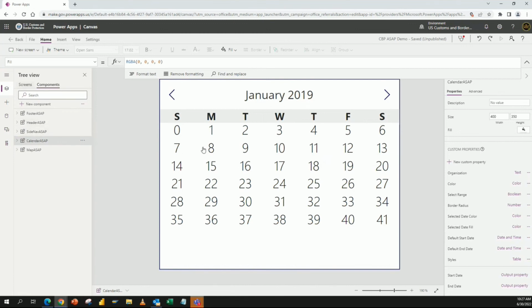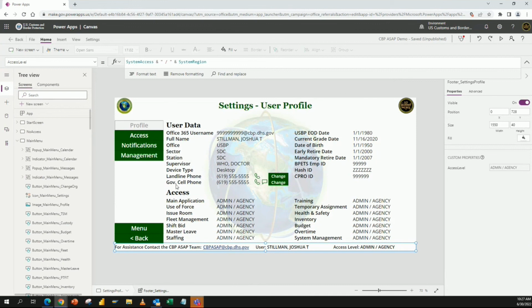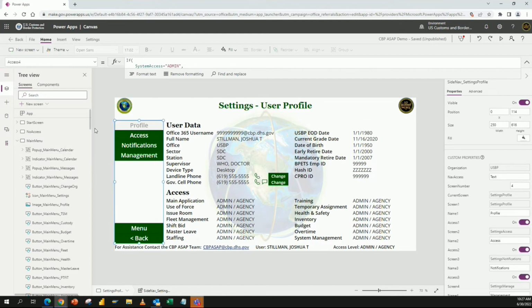So one of the most important things for me has been making sure that all of the screens have the same layout. And it's easy to do with components because you can basically just make it app width and then just slap it on the top, slap it on the bottom, and then the side nav bar in between. So everything's in the exact same location. By default, they're all the same size, and they'll allow you to customize whatever property is appropriate for you, whether or not it's just something as simple as the text that's going to be displayed on each,